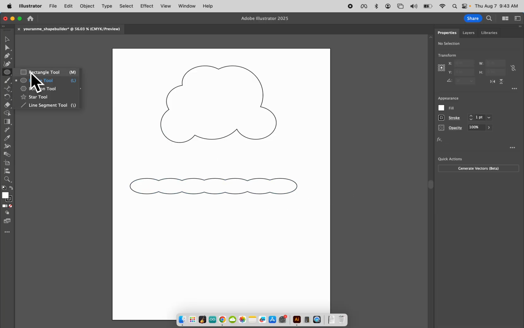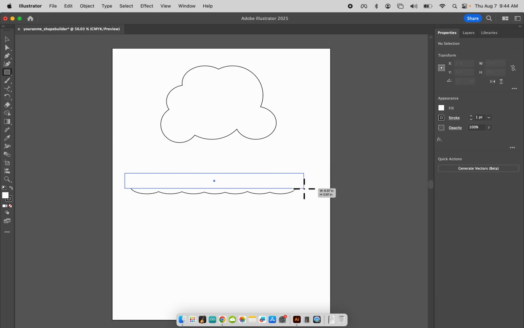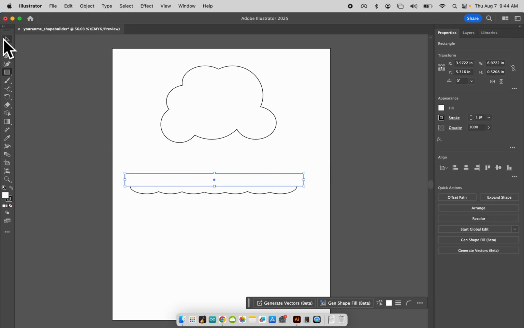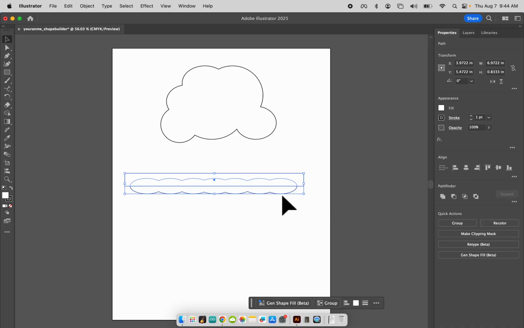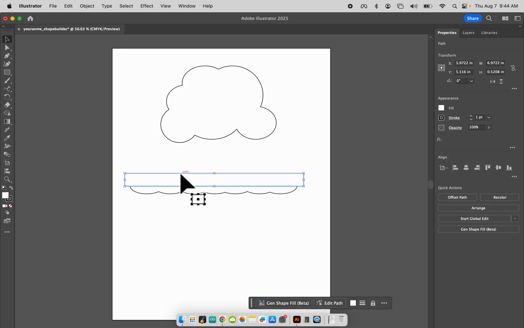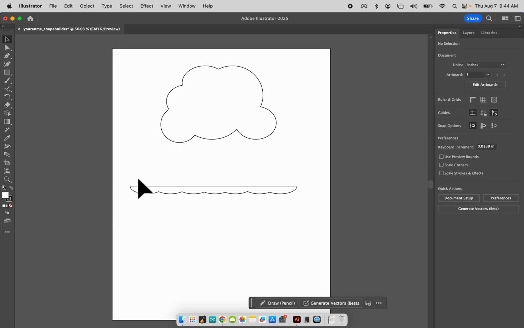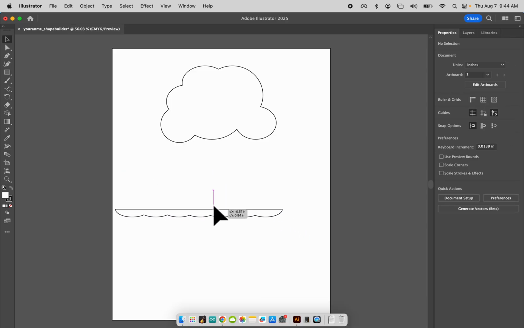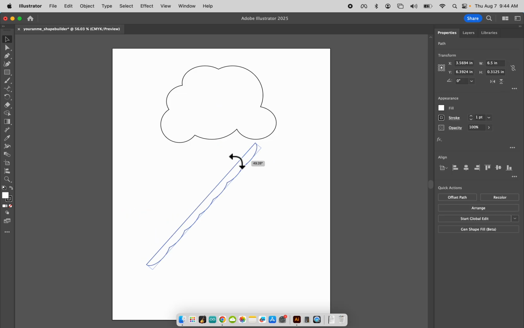So I'm going to switch over to my rectangle tool. I'm going to cover up half of this shape. I'm going to select both shapes by dragging a rectangle around them. I'm going to choose my Shape Builder tool again, and I'm going to select these two to create a single shape. I select the rectangle, and now you can see the shape I have built that I can move around. I could rotate